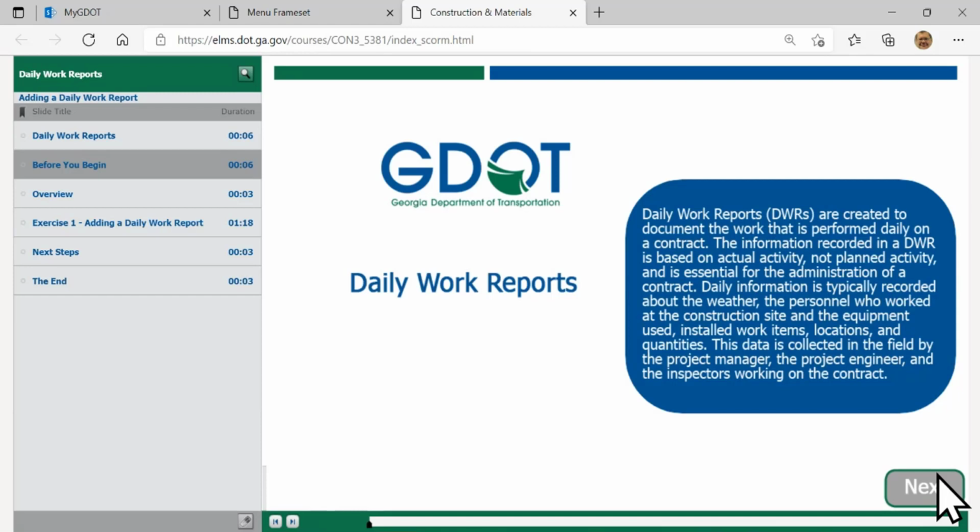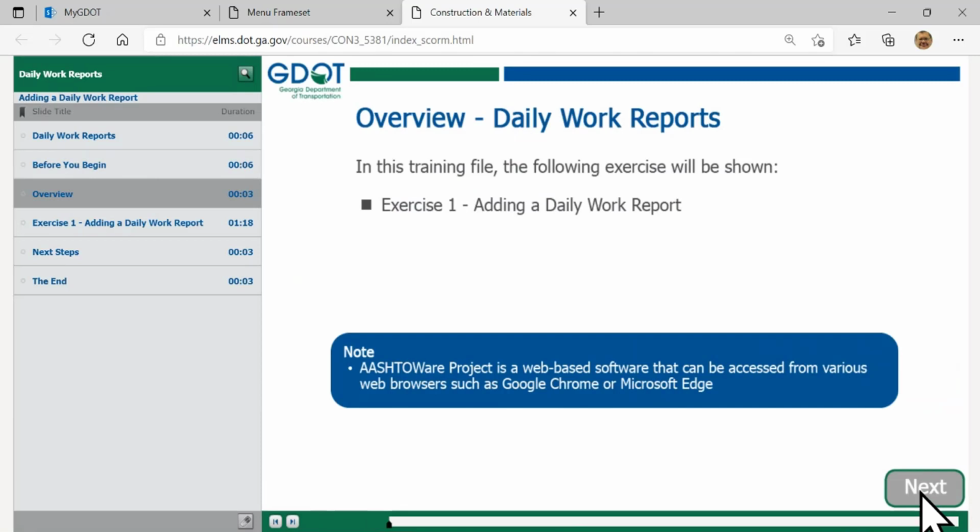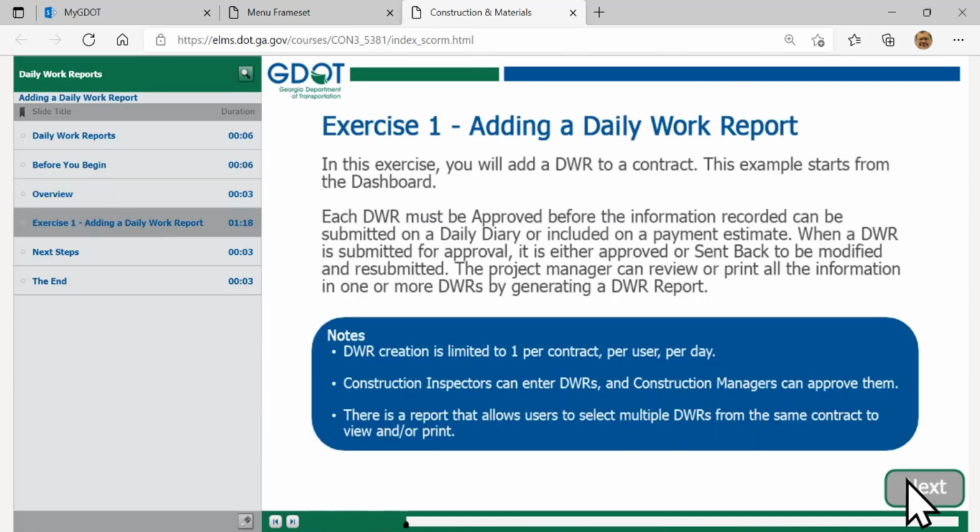Once you've organized the information, it will be collected by the project manager and the project engineers so we can input that information. Let's click on next and let's start off with our daily work reports. It only has one exercise, but after that, I think I'll bring up our developer site so you can actually see what it is in there and get a little bit of other review. Once you log in to your browser, we'll click on next and go into it.